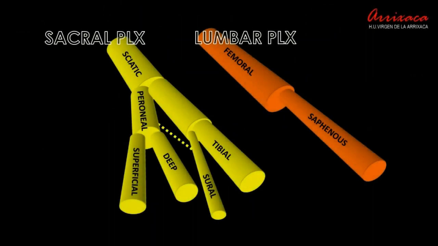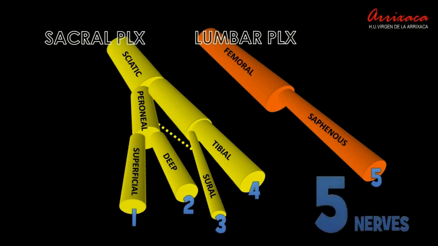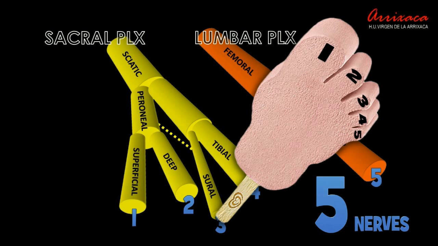Unlike the upper limb, the lower leg is innervated by two independent plexuses, the lumbar and the sacral plexus. As the branches of these nerves travel distally, they divide. When they reach the ankle, this division results in a total of 5 branches innervating the foot. These 5 branches provide sensation and direct mobility of the foot. For a memory aid, keep in mind there are 5 nerves, one for each toe.